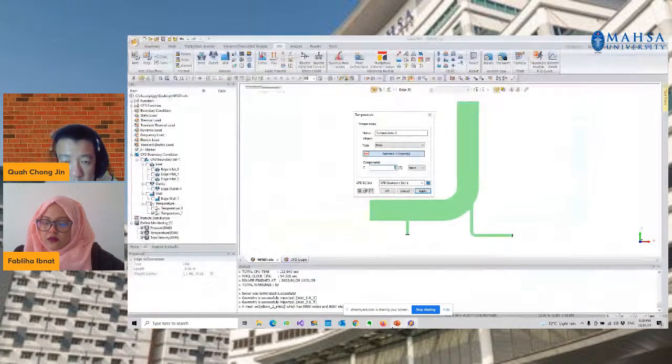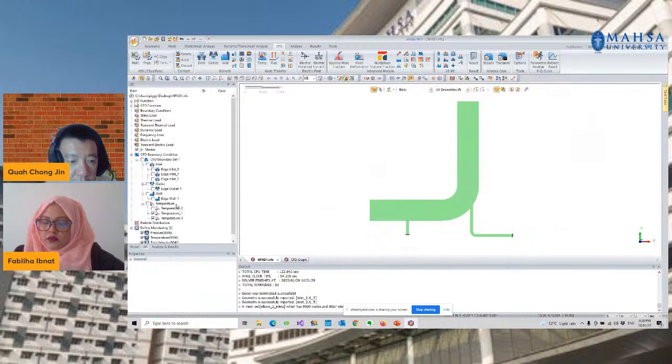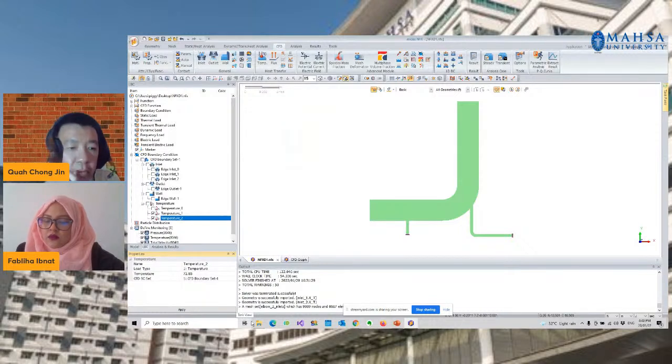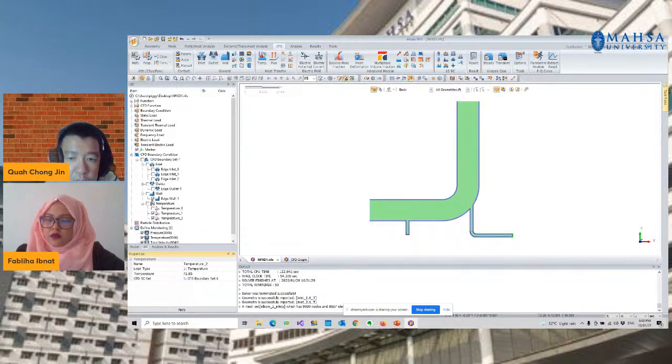Let's refer back: 72.5. So we are done with the boundary conditions with an additional two inlets and an additional two temperatures, and we have made sure that the walls are correct.